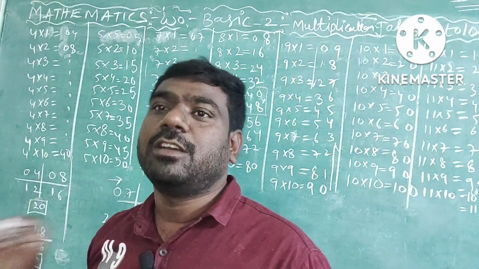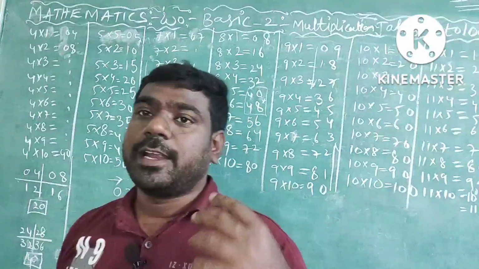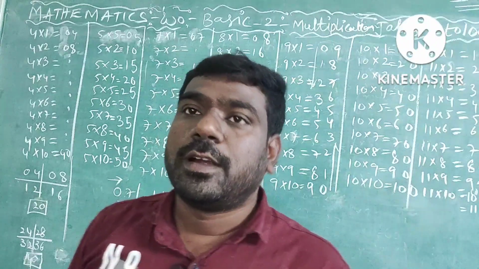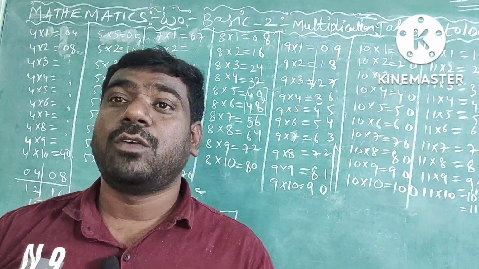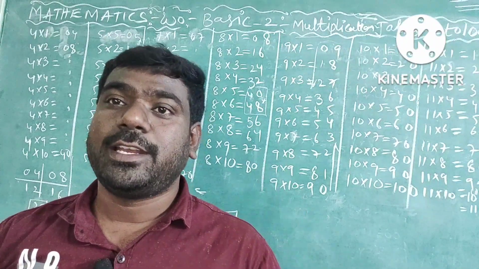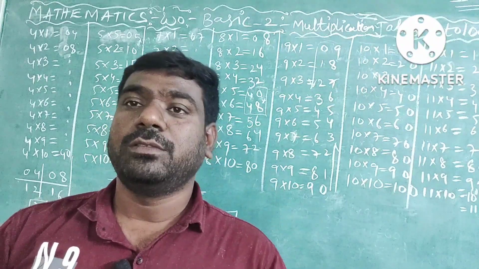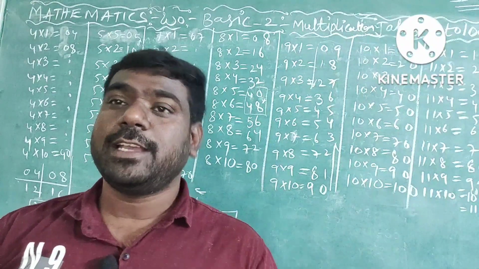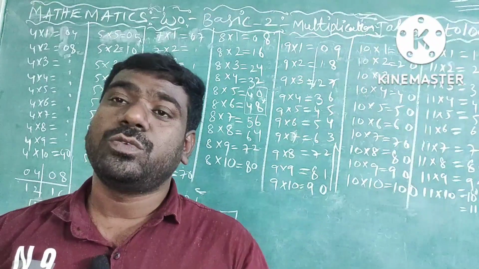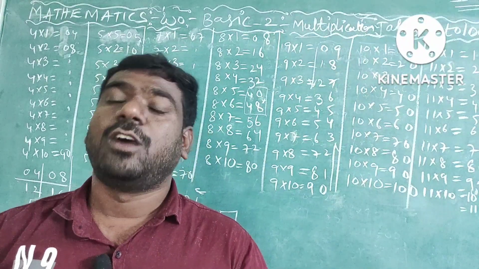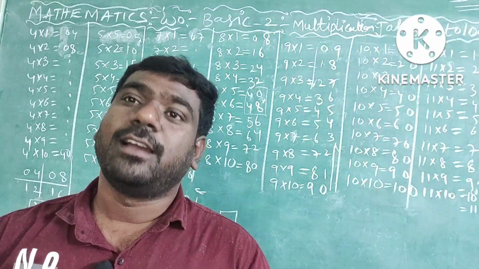You can write them very easily also. I hope all of you understand writing the tables 0 to 10. So now it is for writing. After how to write, how to read and how to remember the tables. In the next video, I will explain the remaining table tricks. Remaining means the 2-digit tables: how to write, how to remember, how to say. For that also I will provide the tricks.